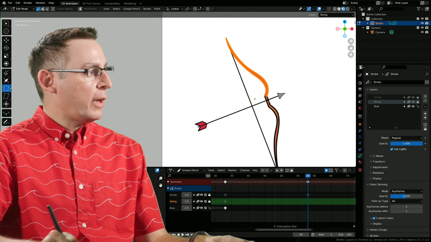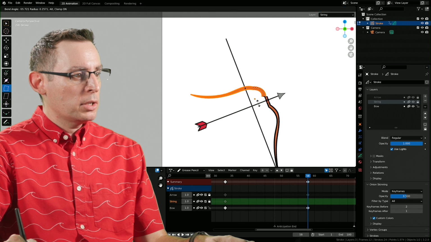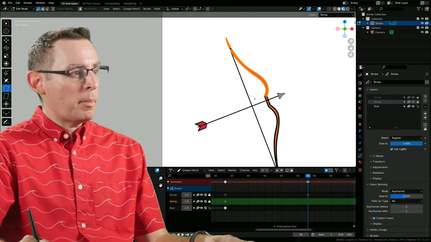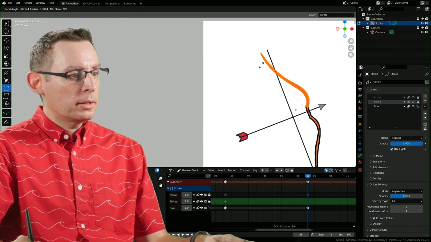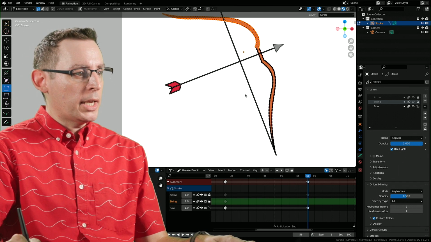You're going to get a different effect depending on where your cursor is. Notice that my mouse cursor is right next to the 3D cursor. See how it's a really intense bend, okay? Versus if my mouse cursor was way up here at the tip, it's going to be a real soft bend, okay? So I think I'm going to go for something like that. Pretty cool. Digging it. That's awesome.